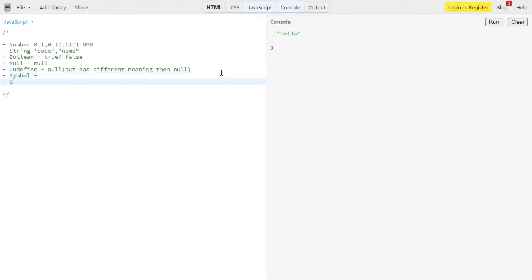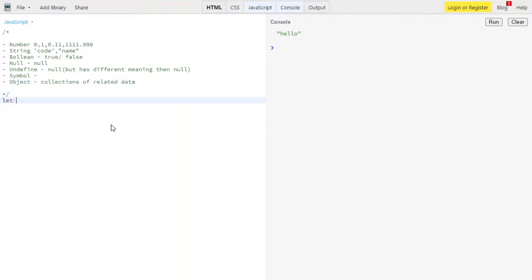Then we have another data type, object. That's a collection of related data. You can also treat it as an array or something like that. So the first 6 data types are primitive data types, and this object data type is a reference data type. So let's go beyond that and I'll show you the example for the same.